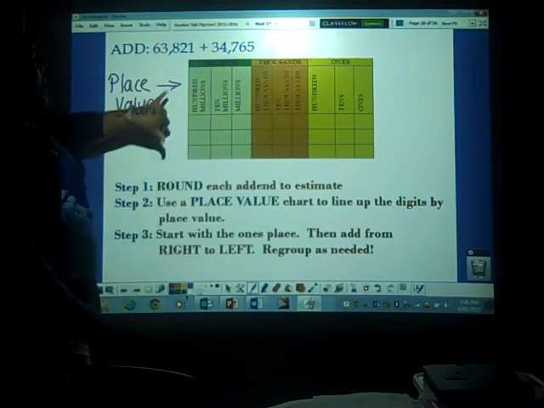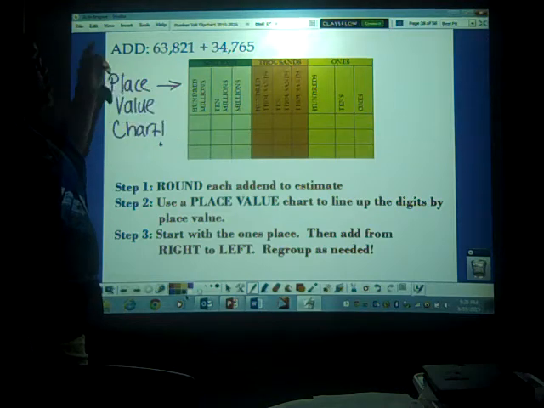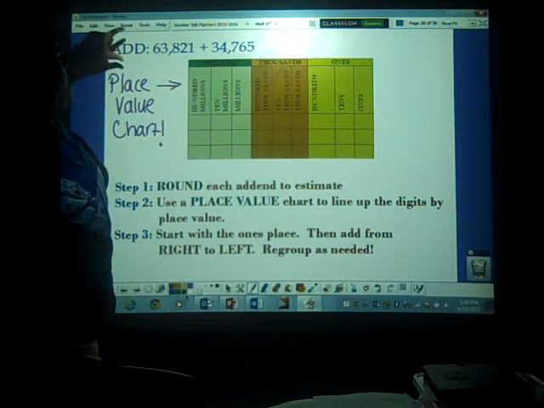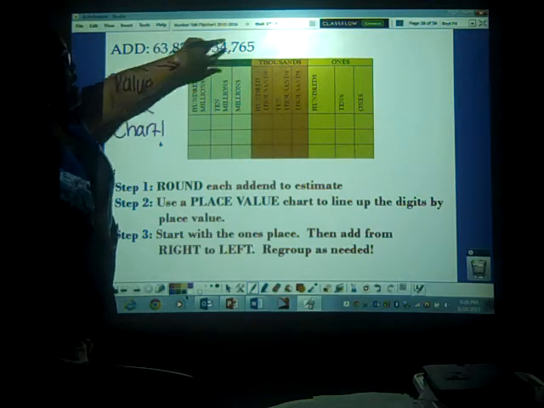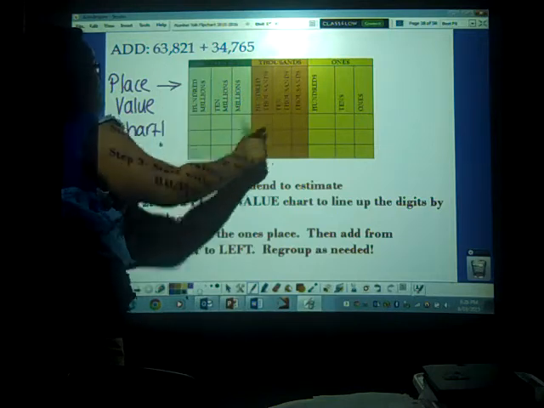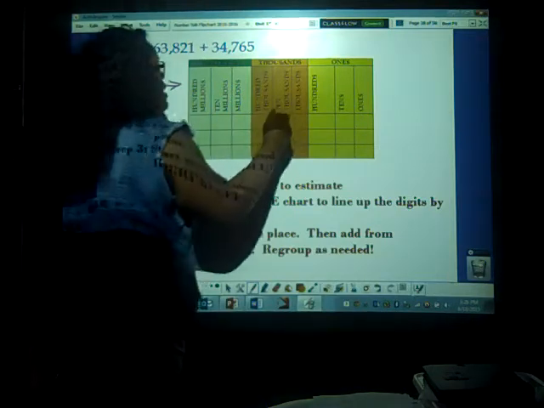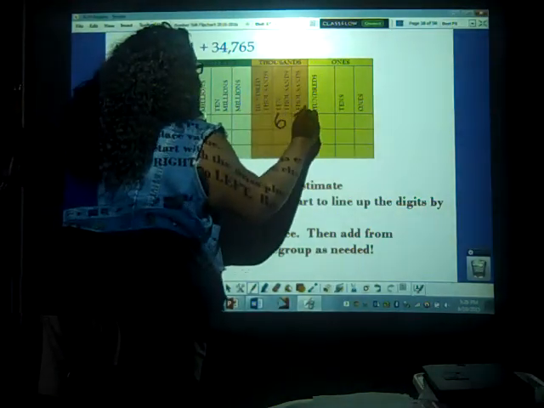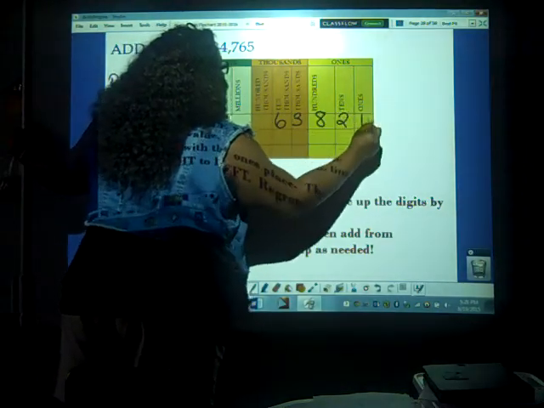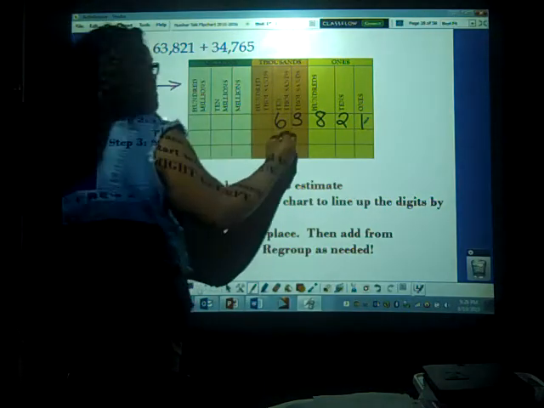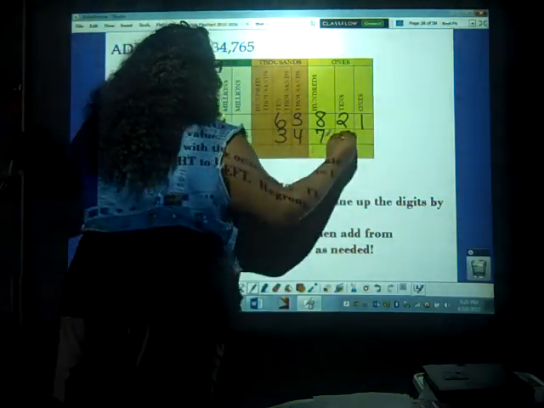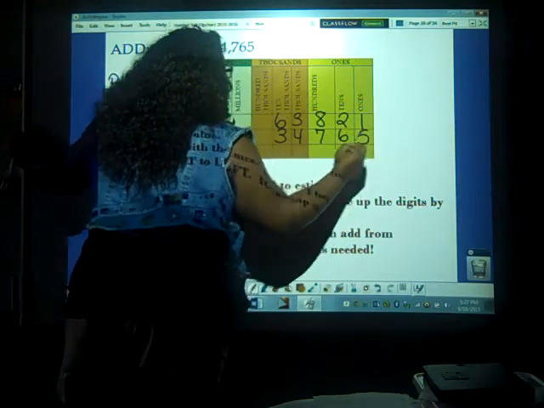Now, what I'm going to do by using my place value chart, you guys should pause the video and copy down this place value chart and then copy down this problem right here. I am going to write this problem exactly how it is into my place value chart right now. And once I finish writing my numbers down into my place value chart, you guys can pause the video, copy down this place value chart, and then you can go ahead and get started with following the steps that I am going to take as we do this problem